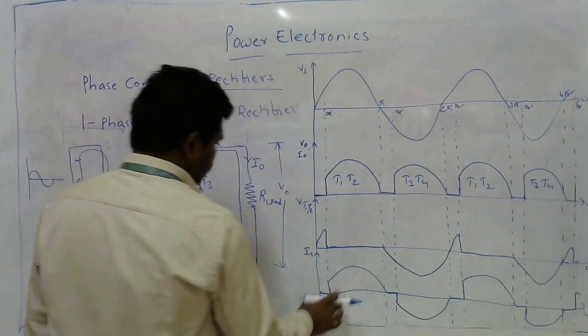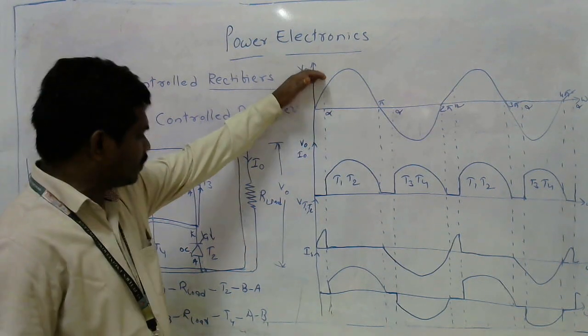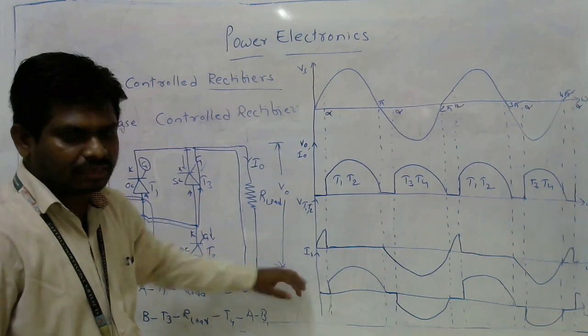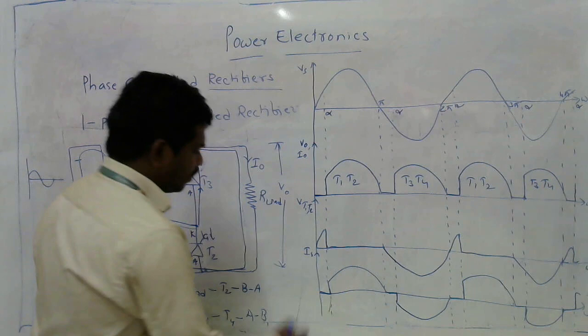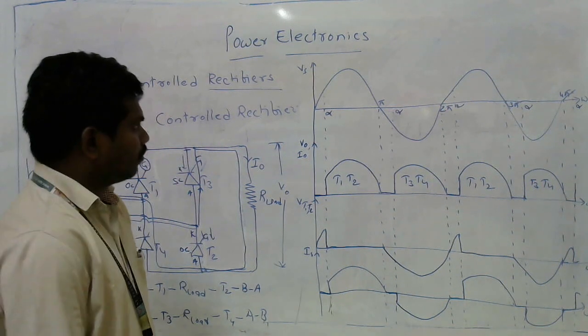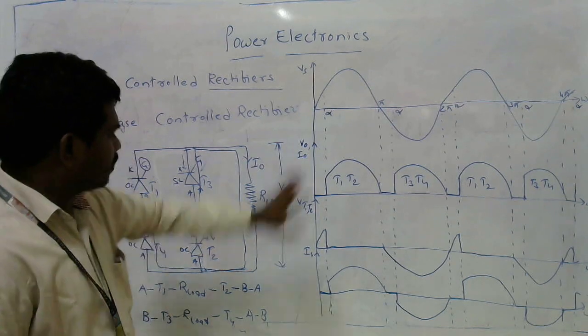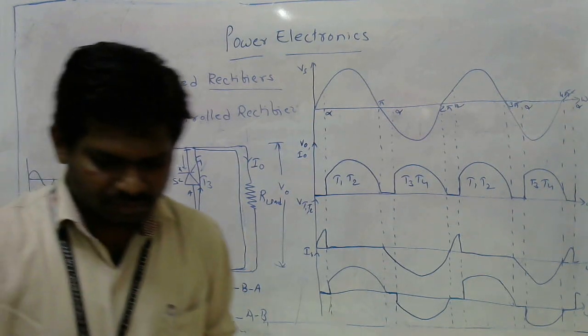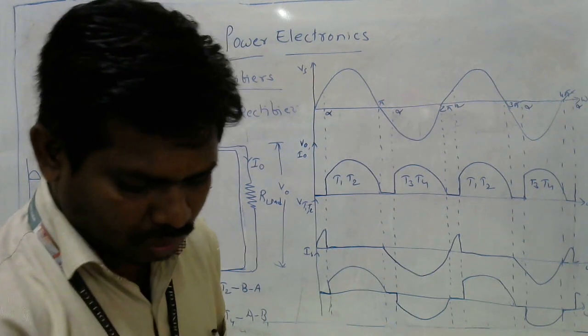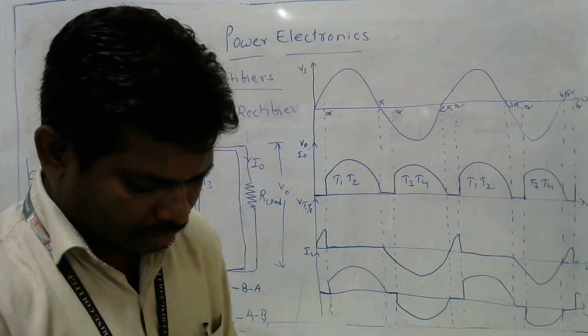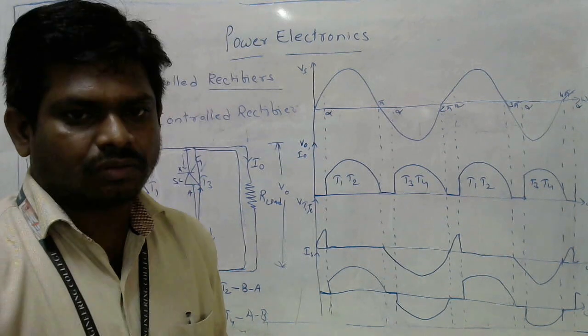Look at this. There is a difference between the input voltage and the input current. See the difference. The input current is clipped, whereas the input voltage has the full signal. So these are some basics which we need before going to other topics. So thank you.